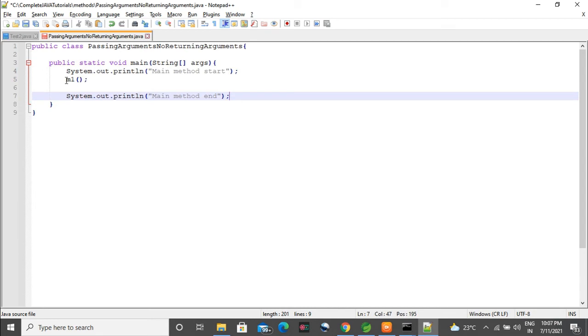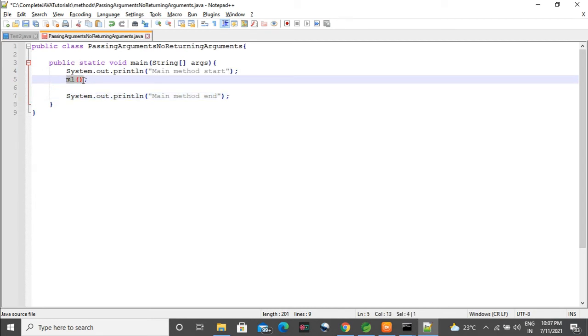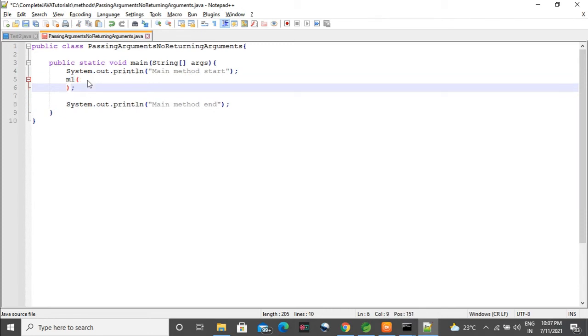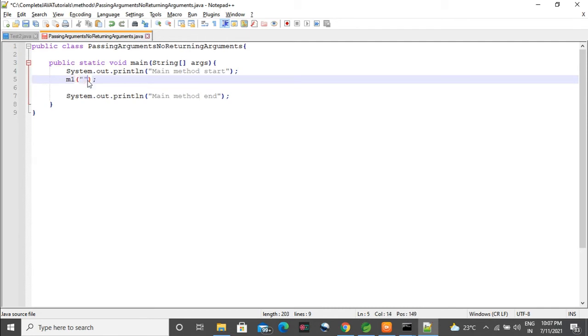So this is for passing argument but not returning argument. So we need to give some data inside the M1 parenthesis. M1 round brackets are there, no? Inside that we need to give, which I have highlighted. Okay, so I'll write here one word only. Yeah, inside the double quotes, we'll write one word only. Learning with Ankur Khatana. This is my channel name which I am giving. So you can go and subscribe to my channel.